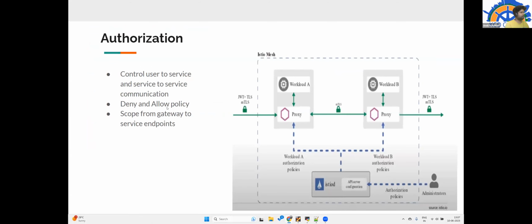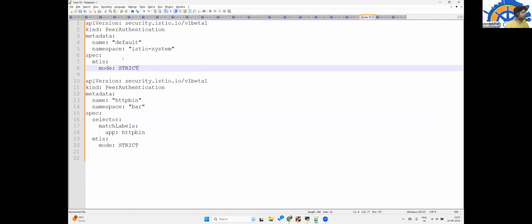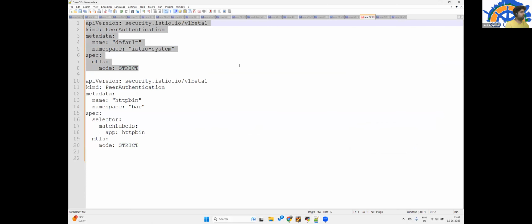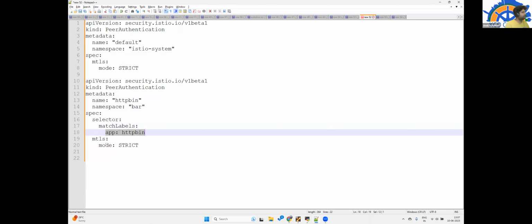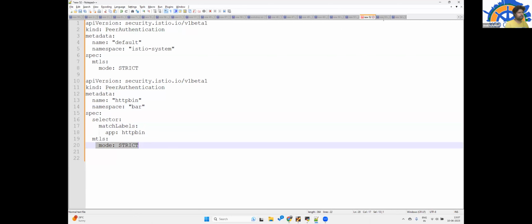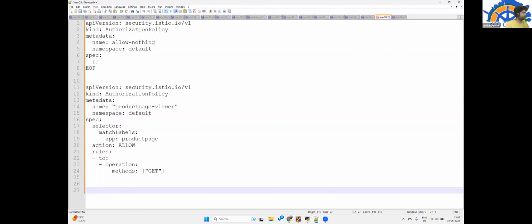That is what this policy is for peer authentication. You can also have peer authentication for a namespace or for a particular application, so it must follow strict mTLS communication. This is for authentication, and then again we have the authorization policy.